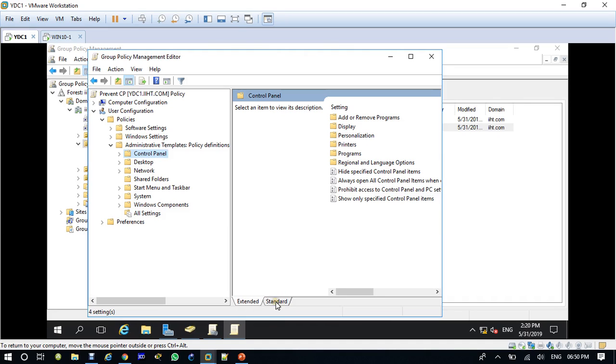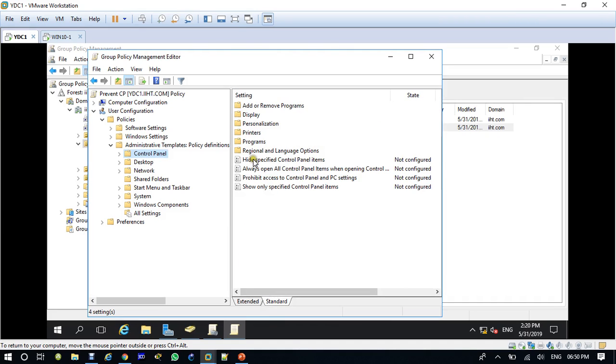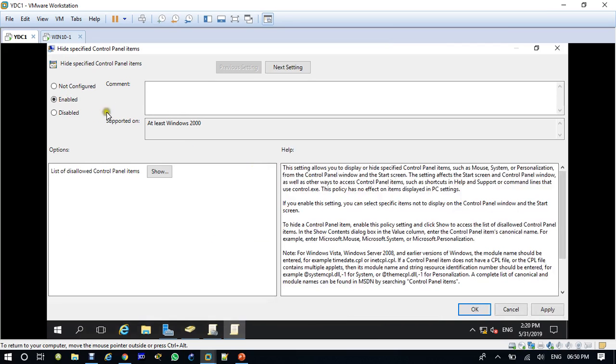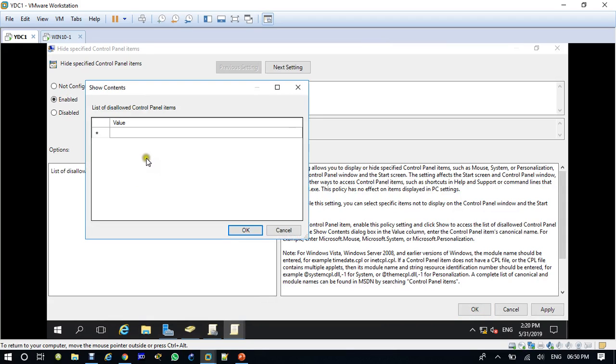In the control panel you can see here, hide specified control panel items. So I can open this and now I'll click enable here, and then I'll click on show, and here you have to write the name of those items.